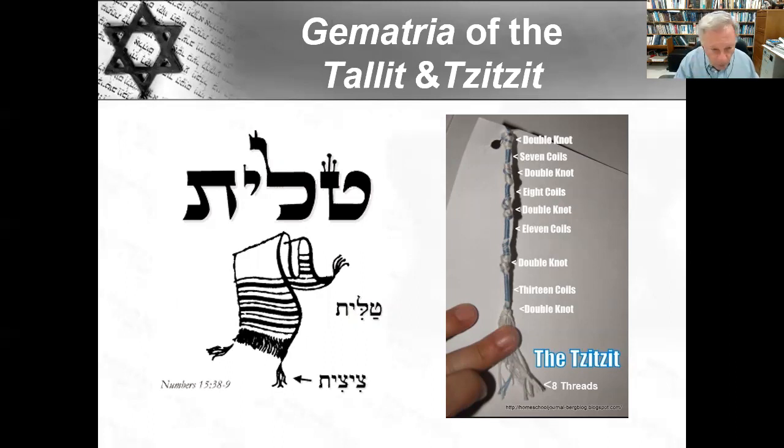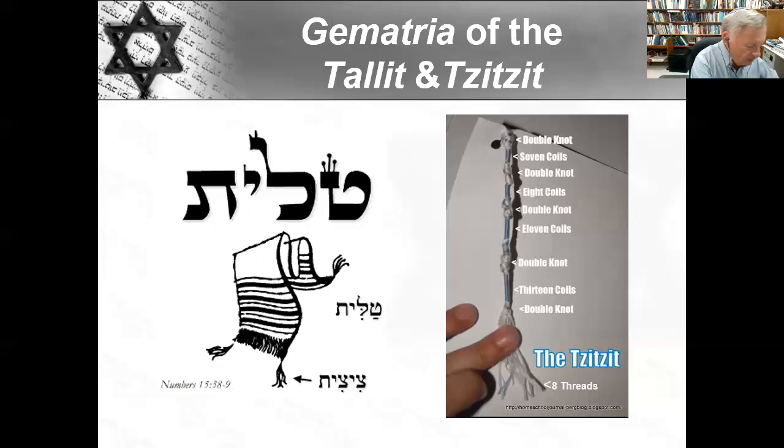In the Hebrew Bible, it says, when you wear a garment with 4 corners, on the corners you should attach Tzitzit. Tzitzit is understood as tassels or fringes. But the Bible doesn't tell us a word about how to tie them. It actually talks about a cord of blue. And in this picture here, you can see a cord of blue.